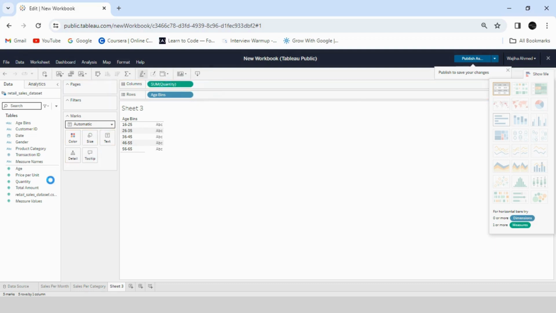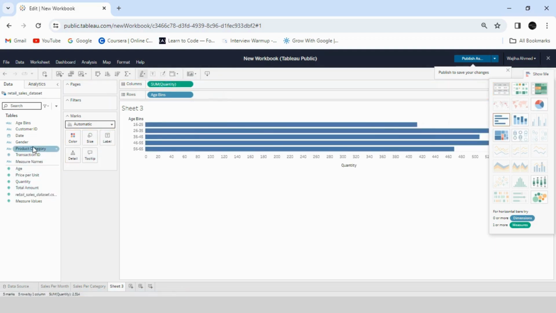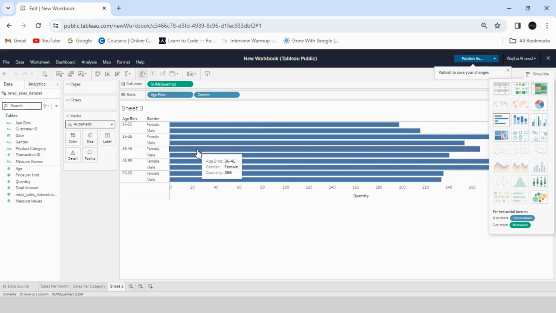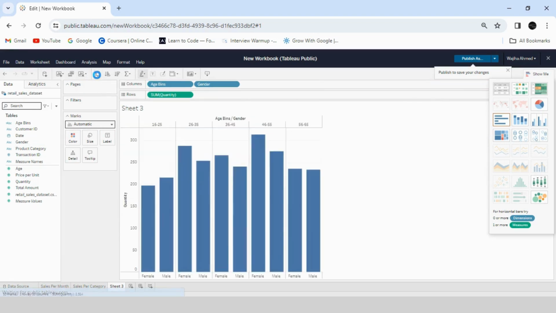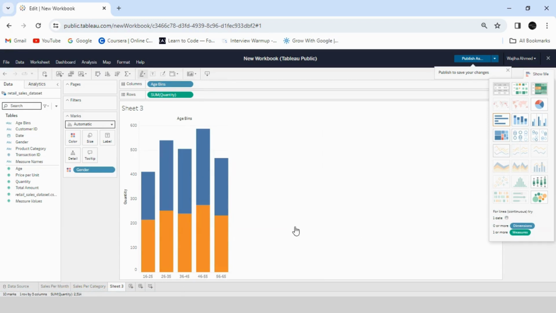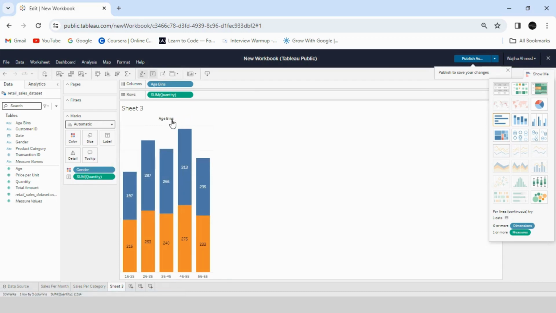sum of our quantity, and also our gender, and I wanted to choose it instead of the y-axis. I wanted to choose it on the right axis, and I wanted to change my visualization into this stacked column chart. So I click on Show Me and then choose this stacked chart. Now I wanted to choose this quantity as my label, so I drag it into my label field